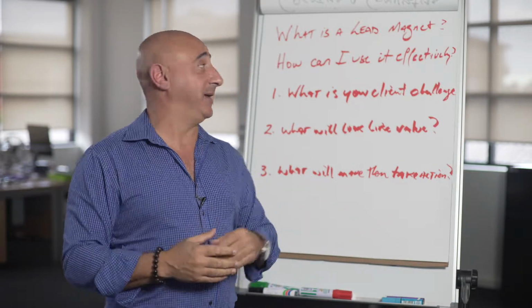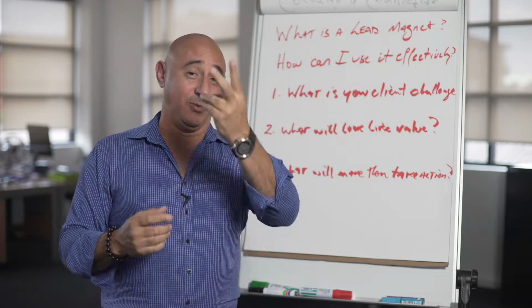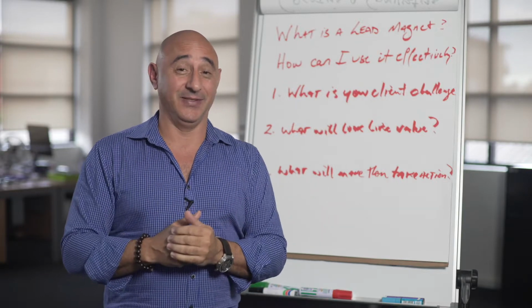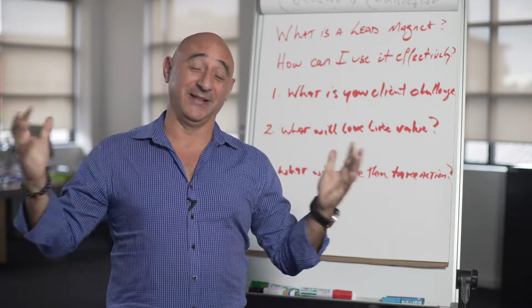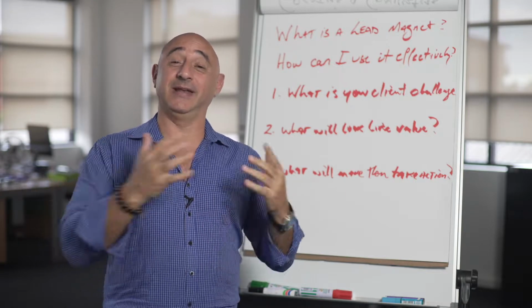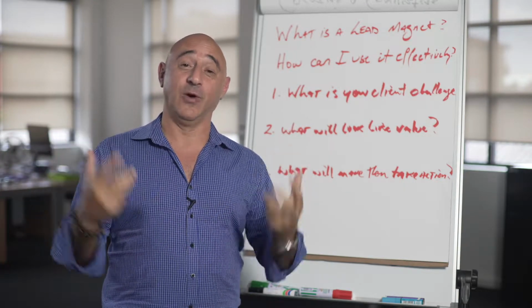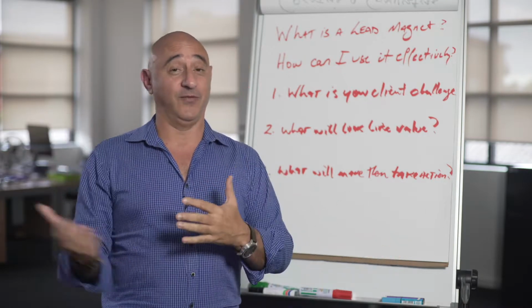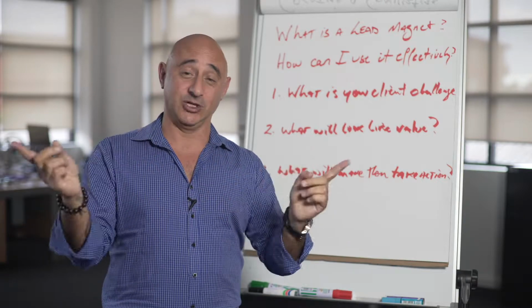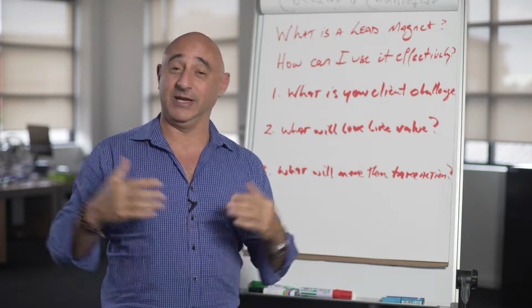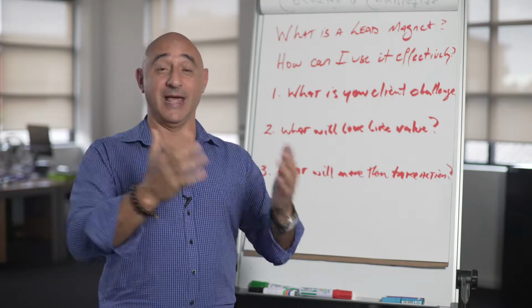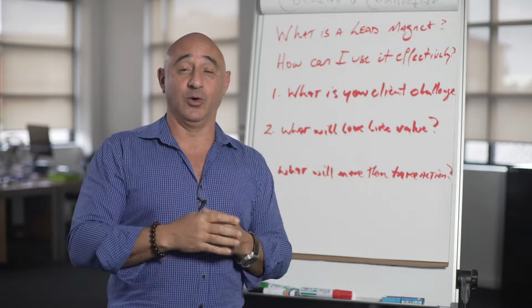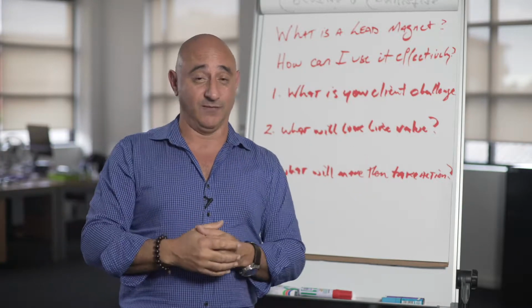Today we're going to be talking about what is a lead magnet, number one, and number two, how can I use it effectively? Now, the definition by friends of mine that own Digital Marketer say that a lead magnet is something of great value that you can offer a prospect or somebody that's looking for your product or service in exchange for their information. So email details, phone details, name and address, any information that you can use in order to capture data and then begin a conversation.